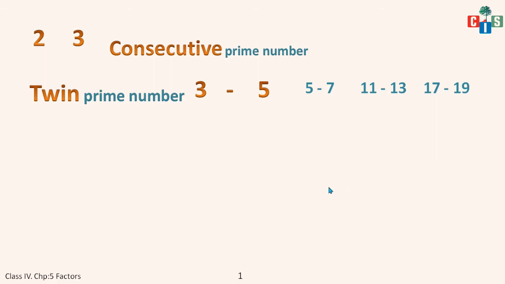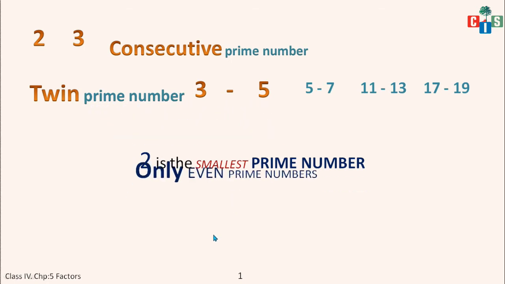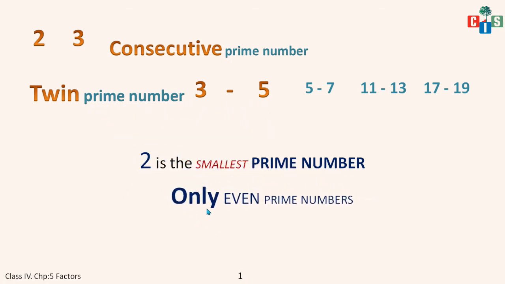And what about 2? 2 is the smallest prime number. Remember this. I may ask you in the fill in the blanks or true or false or anywhere. Okay, this will help you further also. And I can say that 2 is only, मतलब तो पता है ना, सिर्फ खाली 2 ही है जो even prime number है. सारे prime numbers तो होंगे ही, but even number होता है ना, वो खाली एक 2 ही है, और कोई prime numbers even नहीं होंगे, सारे odd होंगे.